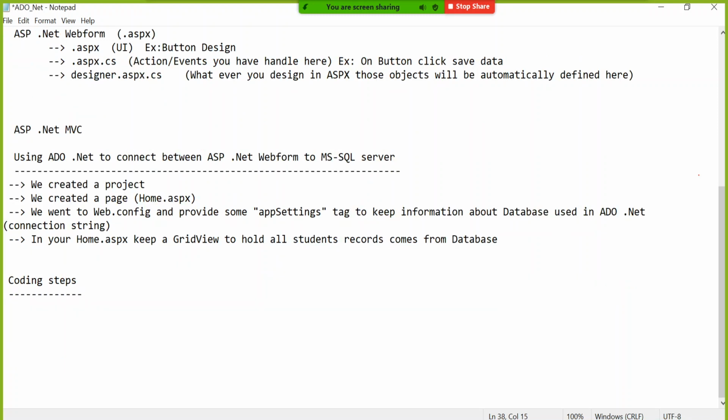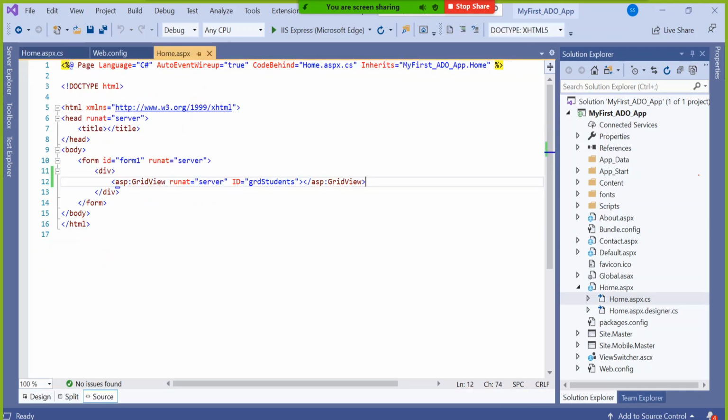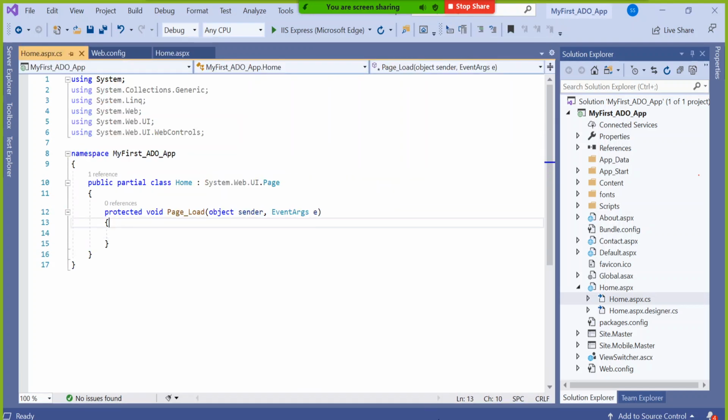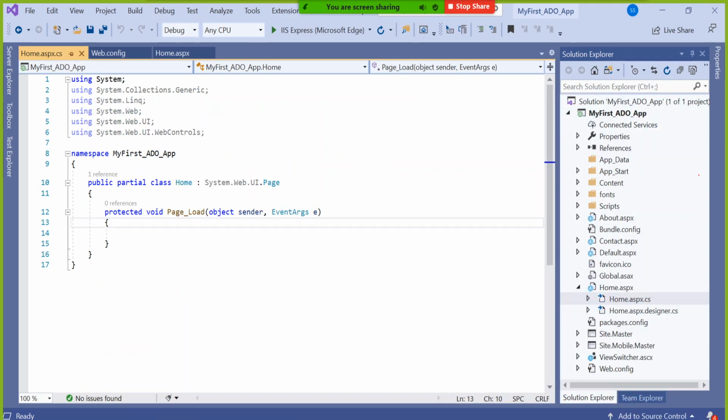On one hand your database is ready, on the other hand your design is ready. Now you want to do the coding, which is going to connect the right side database and the left side design. You take it that way. Think that this page is sitting in the middle, on the left side you have ASPX and on the right side you have MS SQL Server. So your coding should be in such a way that it will fetch the data from the right side and push the data to the left side.